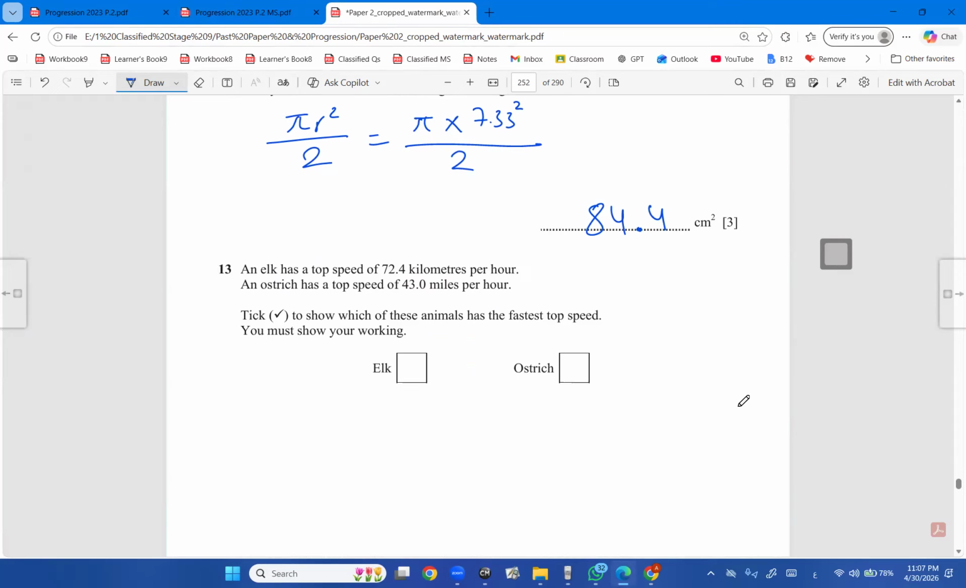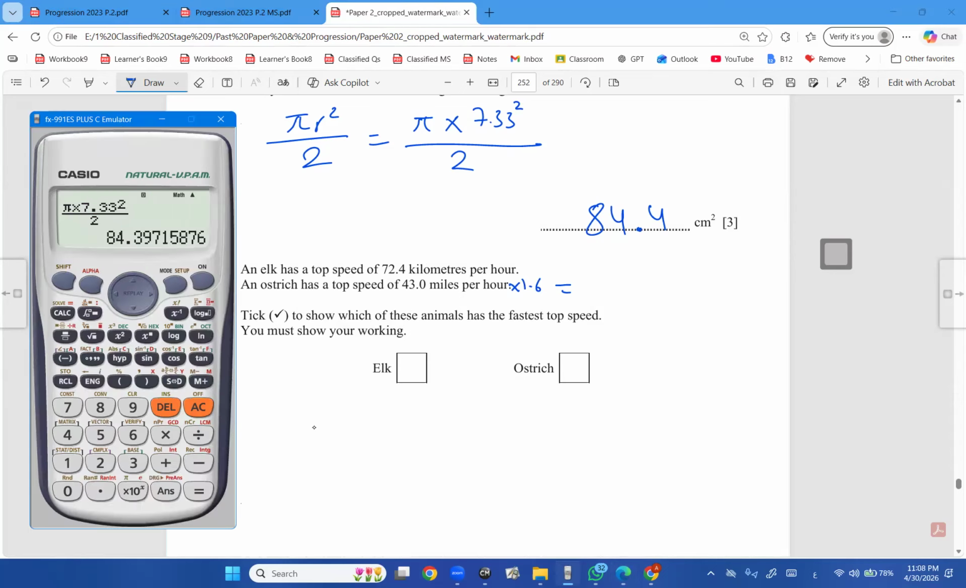centimeters squared. An elk has a top speed of 72.4 kilometers per hour. An ostrich, however you pronounce it, has a top speed of 43.0 miles per hour. Tick to show which of these animals has the fastest top speed. To convert miles into kilometers, you should know that you multiply by 1.6. So 43 multiplied by 1.6 equals 68.8